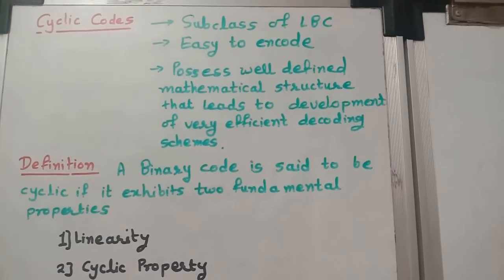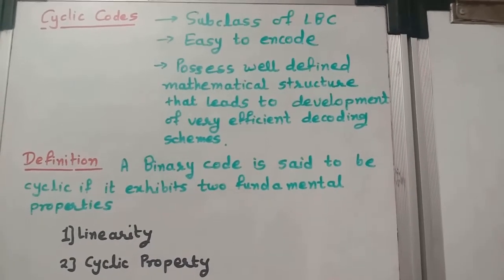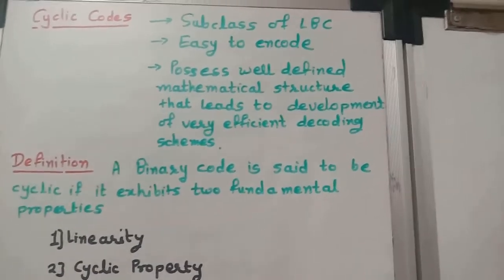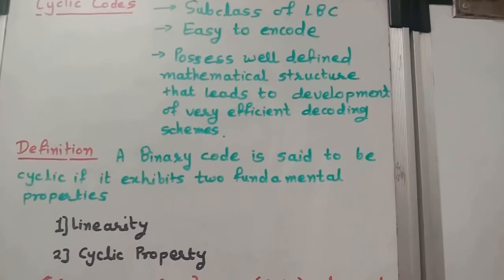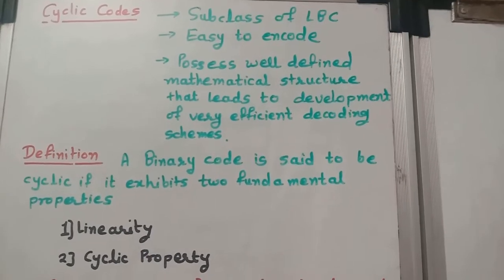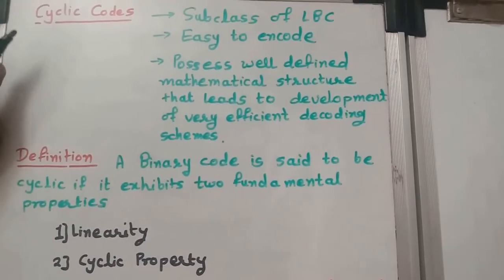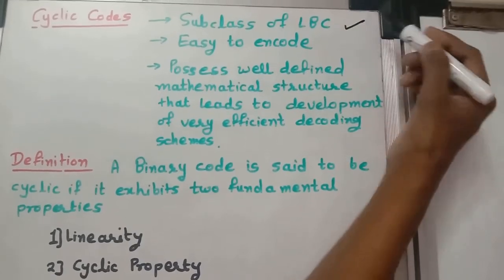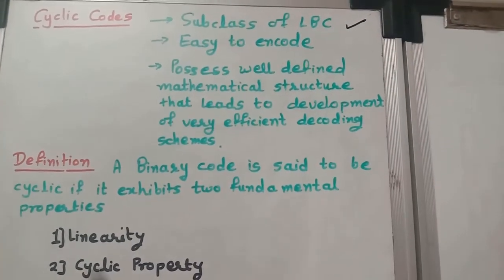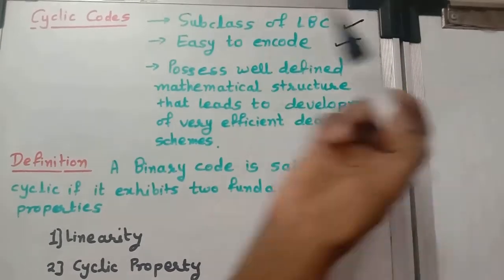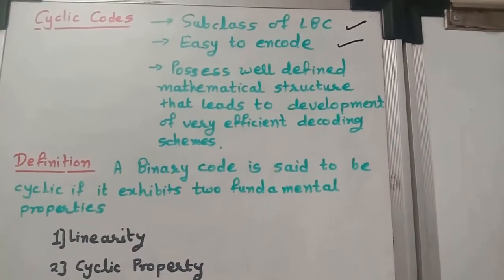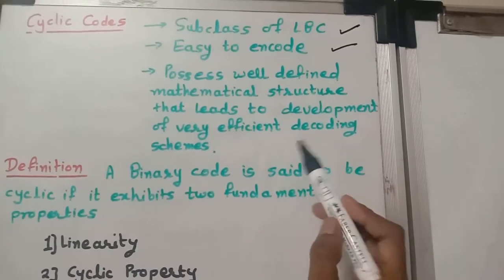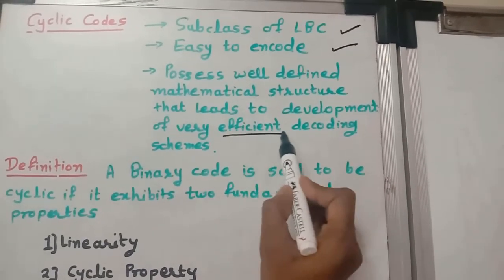Today we will discuss the cyclic code. In our earlier class, we have discussed the linear block code, which is a channel coding technique. Cyclic code is also a subclass of LBC, linear block code. It is also easy to encode and it possesses a well-defined mathematical structure that leads to development of very efficient decoding